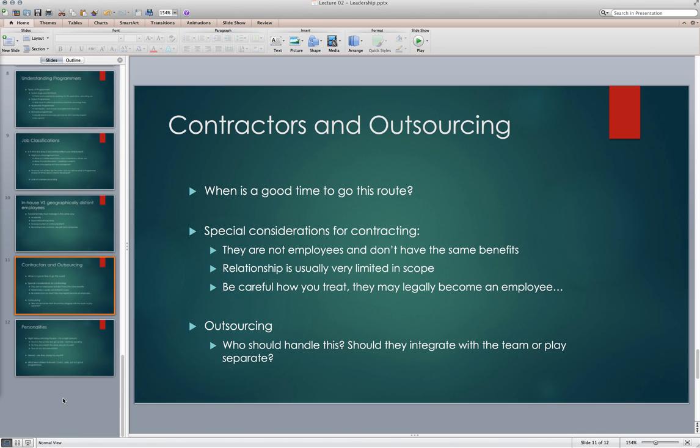Now, bringing contractors in, a lot of issues will revolve around your team, and that is, how do you integrate them with your team? What kind of projects are they working on? Contractors are still programmers, and all of the other factors that we've talked about are in play. They have personalities. There's a culture that they're coming into. They might not mesh well. They might mesh really well. It's hard to say.